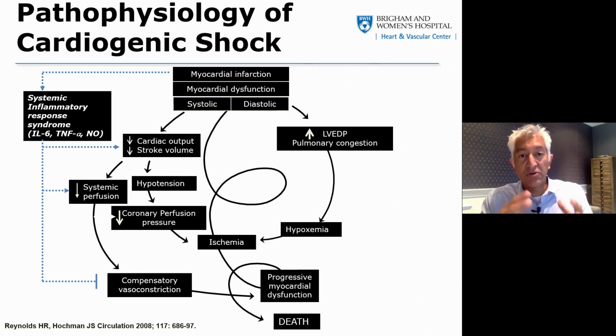That results in acutely some decline in cardiac output and stroke volume, systolic dysfunction, which precipitates hypotension, worsening coronary perfusion, and a downward spiral of ischemia that results in progressive heart failure and death. Simultaneously, as this happens, filling pressures are rising, which further exacerbates tissue hypoxemia and subendocardial ischemia, accelerating the downward spiral. So most of our strategies in shock are directed at restoration of adequate forward perfusion and reduction in intracardiac filling